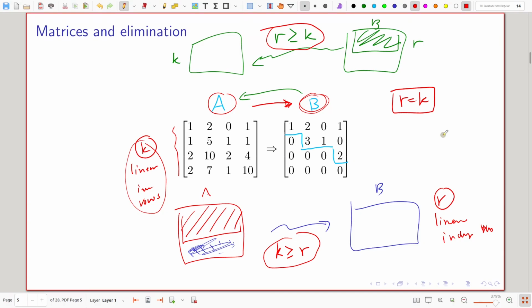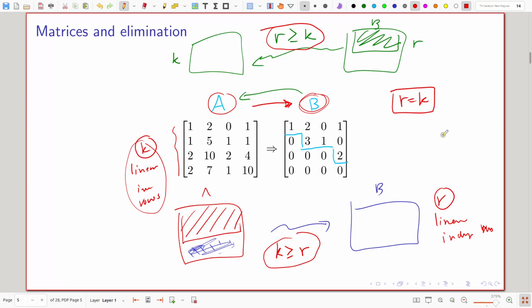So row rank is the maximum number of linearly independent rows, and column rank is the maximum number of linearly independent columns. So what is the column rank of B? Now, how many non-zero columns does B have? 4. But what's the column rank of B?